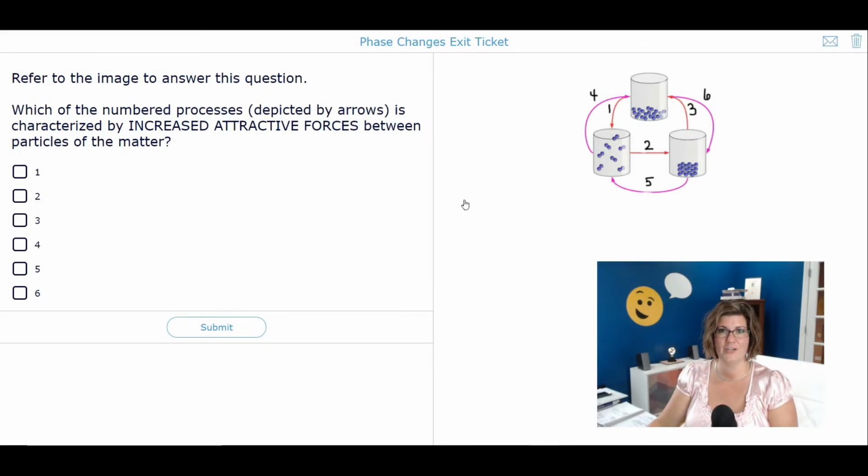Looking at our phase changes exit ticket here, you got to revisit a diagram, an image that you saw in your pre-quiz, but that you did not see during the lesson. And there's good reason for that. The container and the direction of the arrows and the color of the arrows don't matter. All that matters is that you understand what these little particles represent and how they become an interchange between the